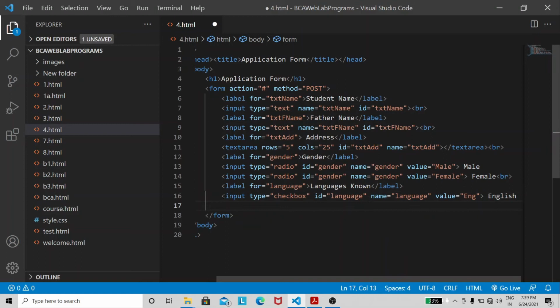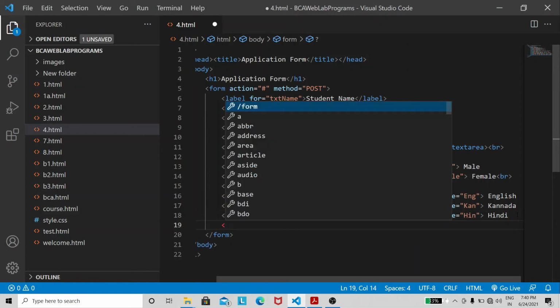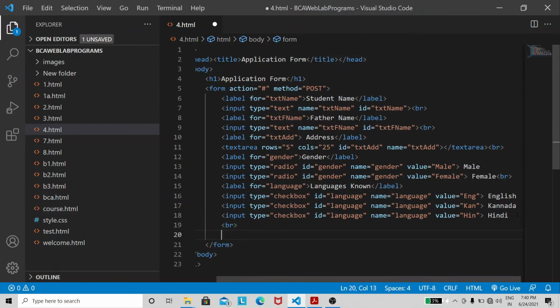I'm going to copy it. Here I'm going to change it to KN, and here to HIN. Now we need to have a line break.